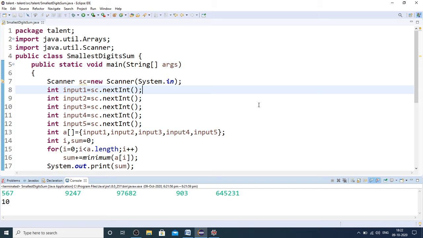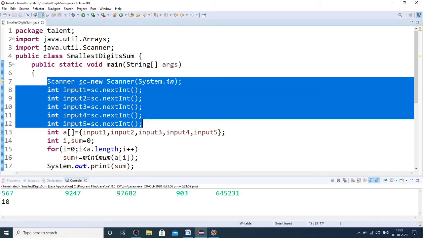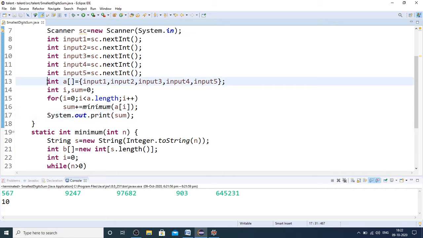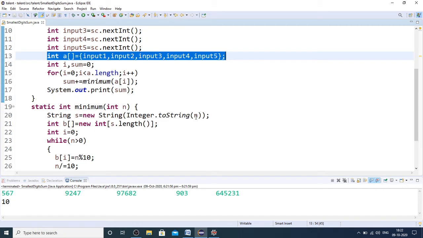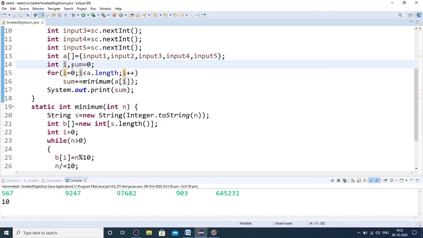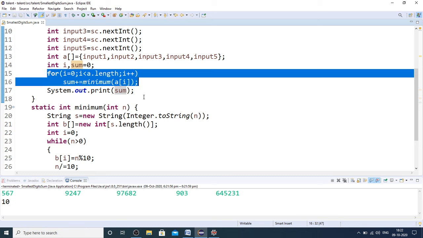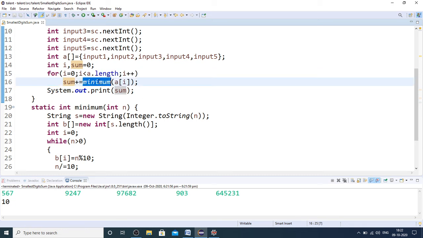So what I have done is, you can ignore these selected lines because they are meant for reading input. In the placement exam you are not going to read any input. So you start writing from line 13. I have just copied all the 5 integers to an array, and then for the loop I have taken a variable, and for calculating the sum I have taken a variable, and this is the for loop for calculating the sum, and then I am defining my own minimum function